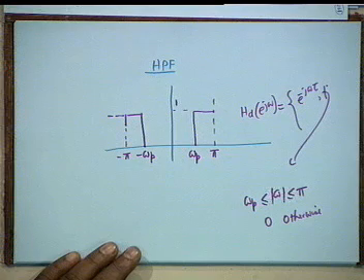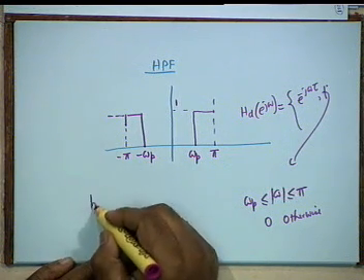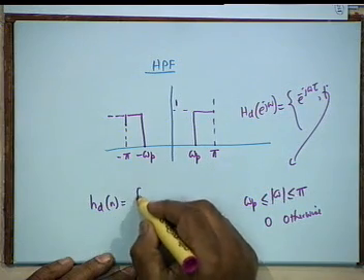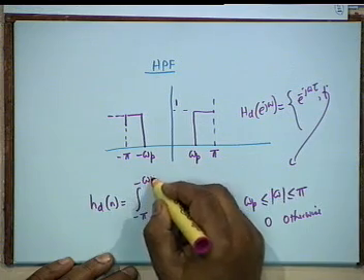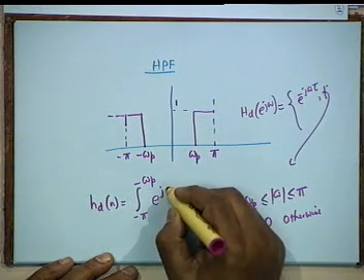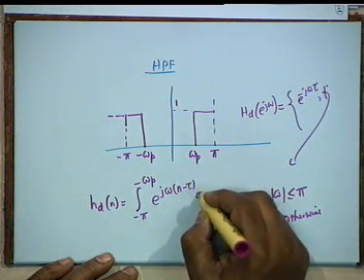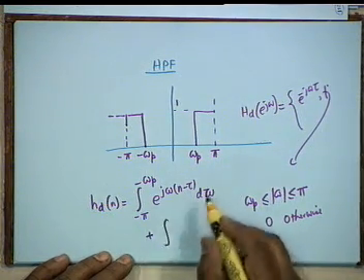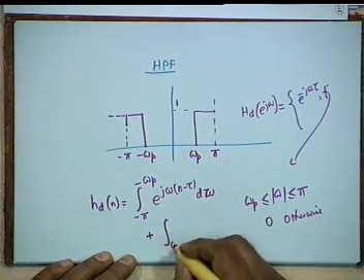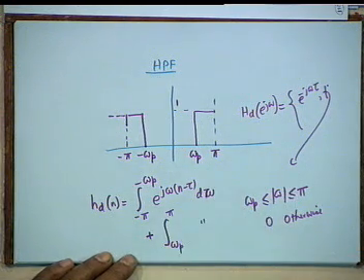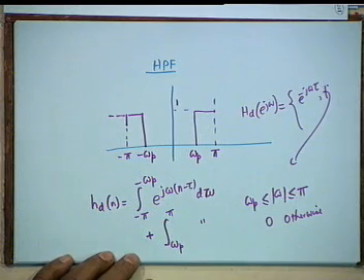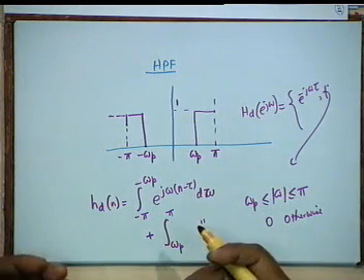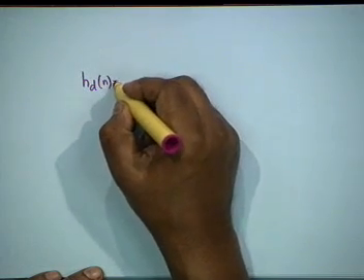Okay. So, my integral now shall have two parts. h d n shall be equal to the integral from minus pi to minus omega p of e to the j omega n minus tau d omega, agreed, plus the same integrand between omega p and pi. So, it shall have two parts, and you will have to integrate. The integral is the same, you will have to put the limits carefully.